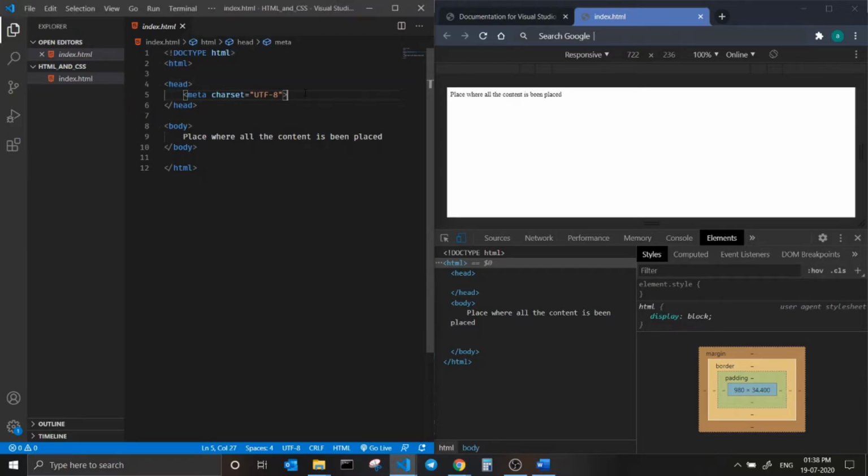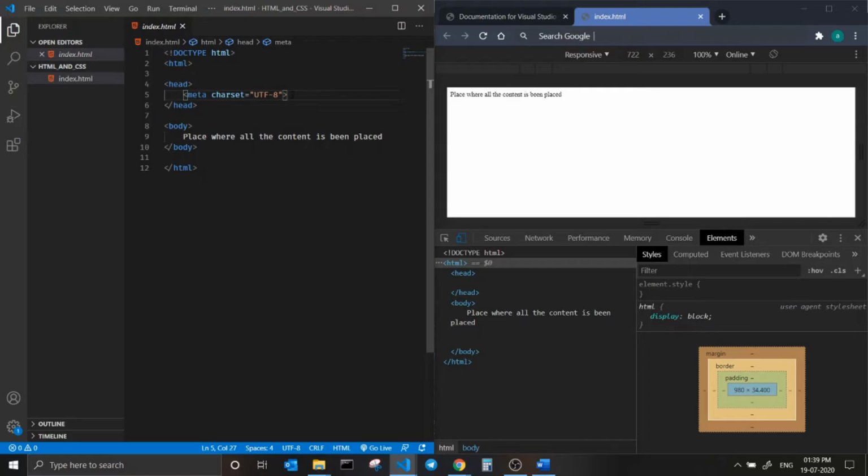Let's go one by one through the different types of meta tags we have and what kind of information they provide. The first one we will go through is the meta tag which provides the character set.